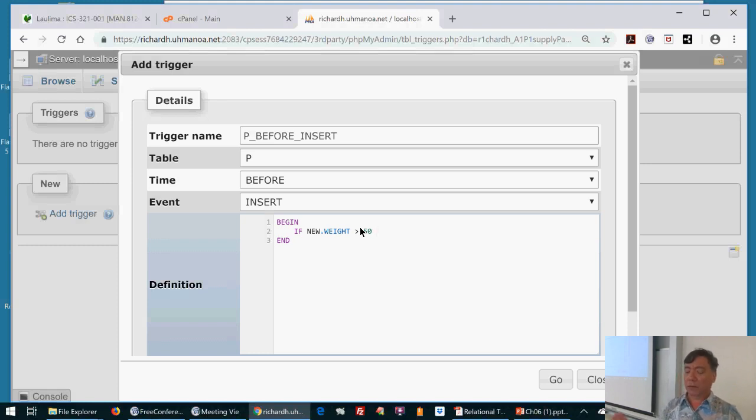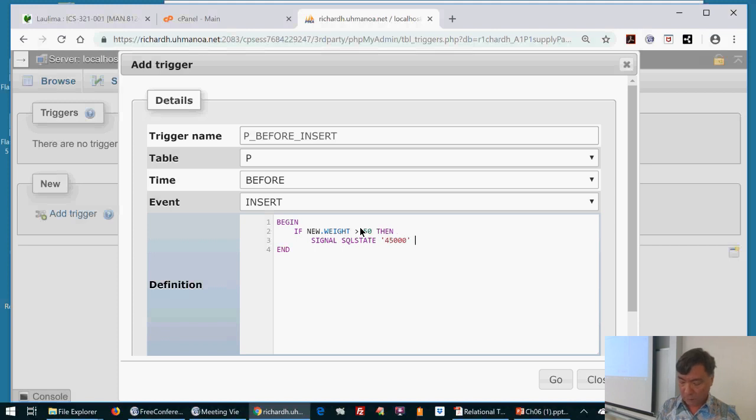You can't have weight at 0 either. Let's just do what the question says. If new weight is greater than 50, then we want to do that signal SQL state